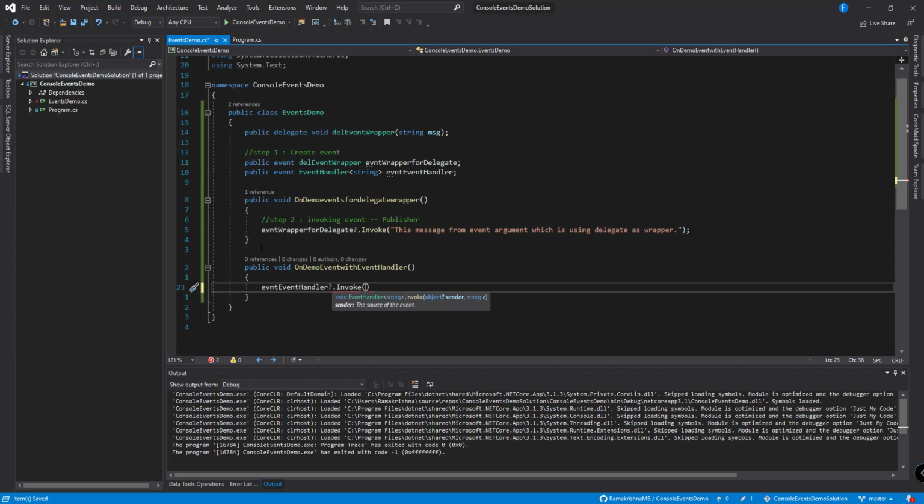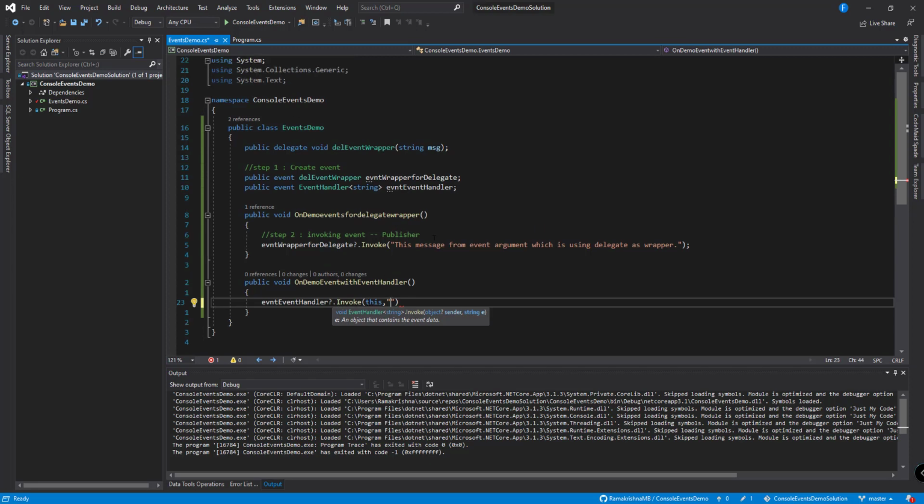First we have this sender. If you can see, in Invoke, we have an object sender. So for this sender we will send the EventDemo class. To send this EventDemo class, what we'll do is just type this, and we have this string argument for our event.